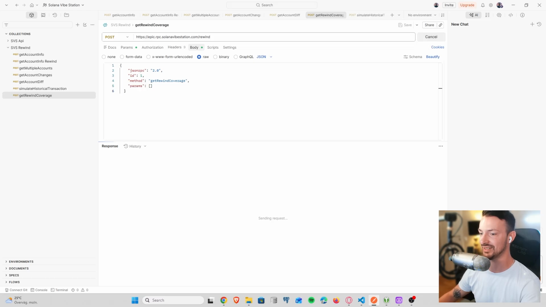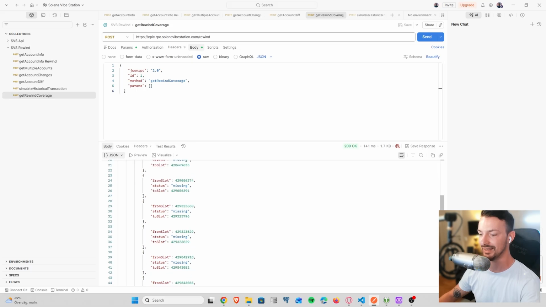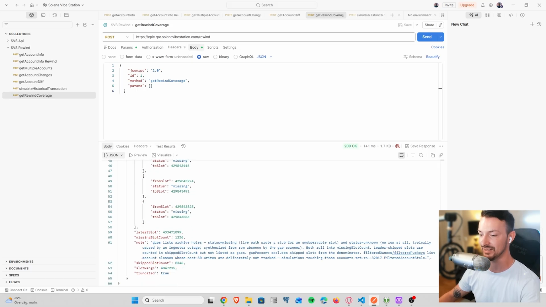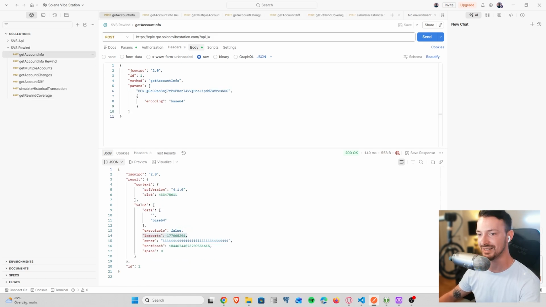Now we can also simulate historical transactions and we can get the rewind coverage. So if we send this call here, we can see what is covered, for example, the start slot, so the earliest slot, and we also have the latest slot, and also if there are any gaps. So if you want to use rewind, this call is really useful because you can check out what the coverage is currently and what the gaps are. But as I said, we have more than 99% match rate. Now again, as you can see, these are the 6 calls that we can use to really get this account